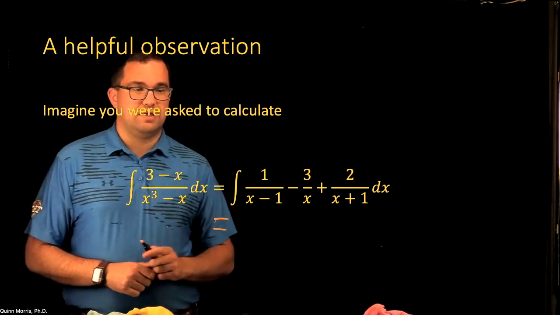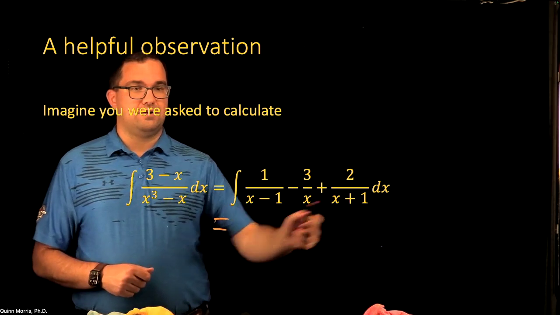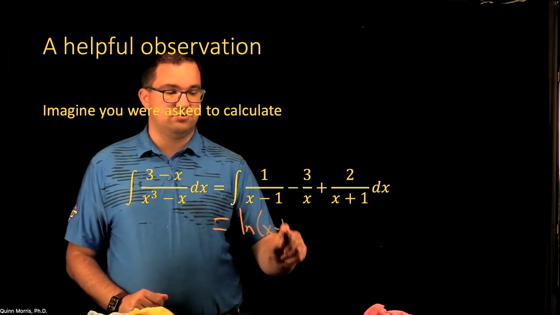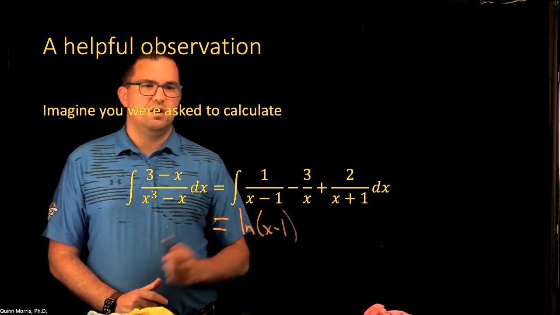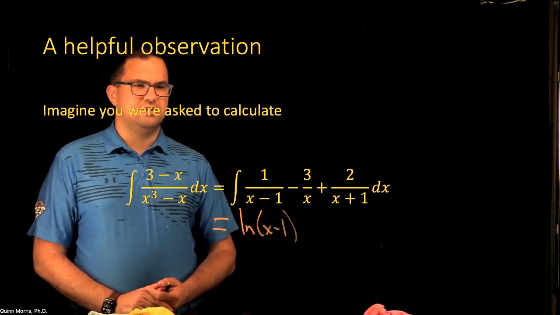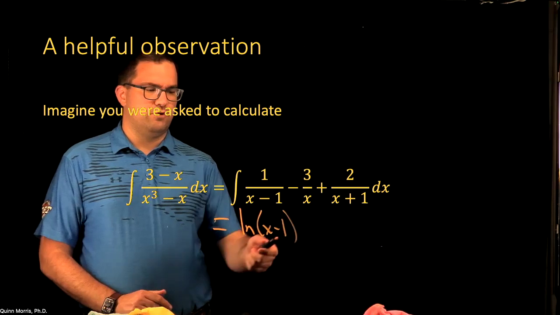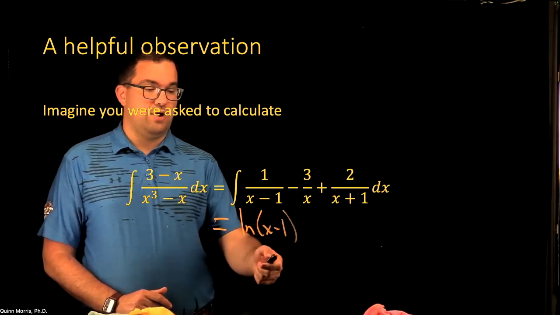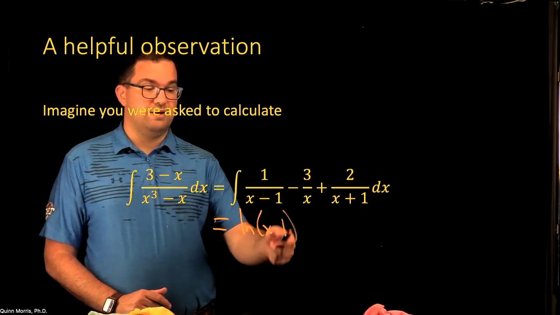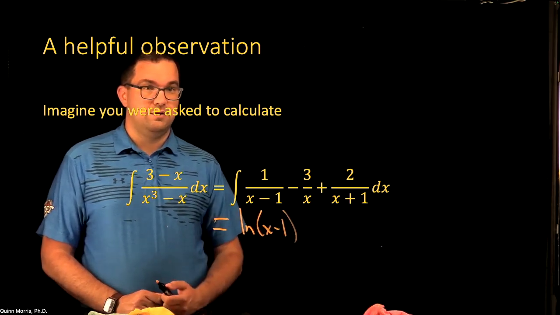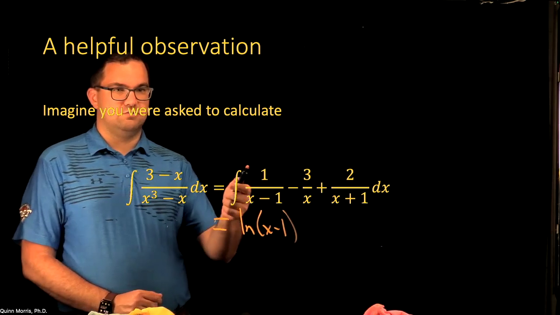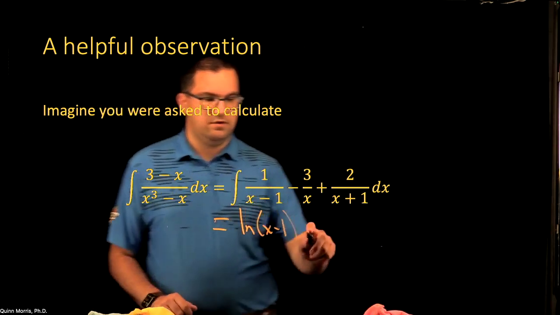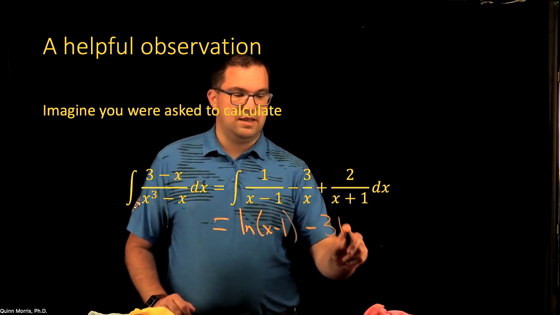Now if I were to look at this, I can integrate term by term. This first term, its antiderivative is just the natural log of x minus 1. You could do that as a u substitution if you want, although it's probably a little bit of overkill. If I take the derivative of natural log of x minus 1, that's 1 over x minus 1 times the derivative of x minus 1, which is just 1. So this is the antiderivative,